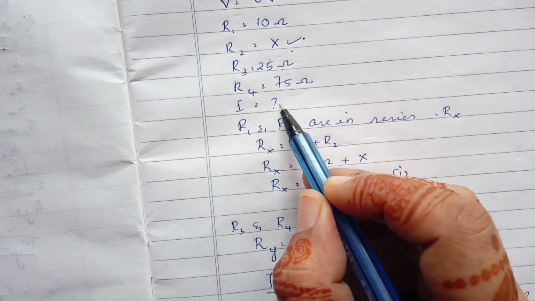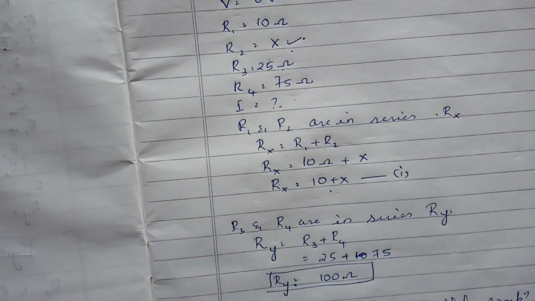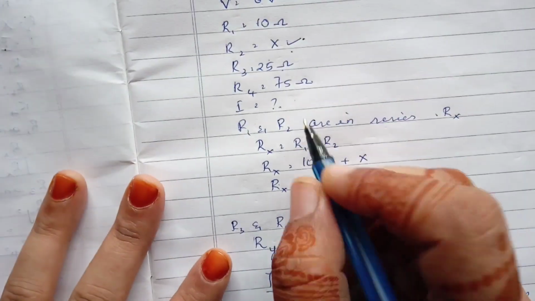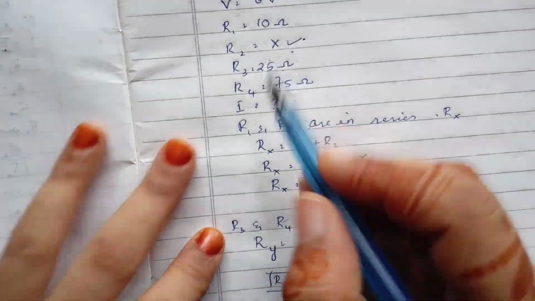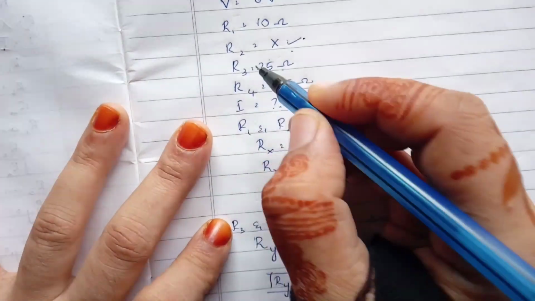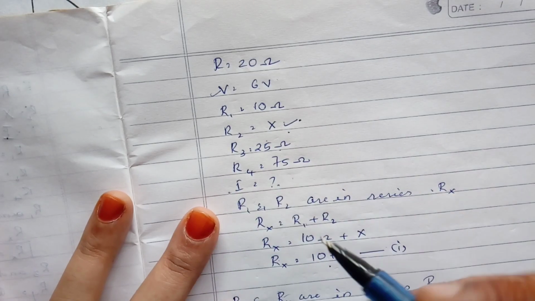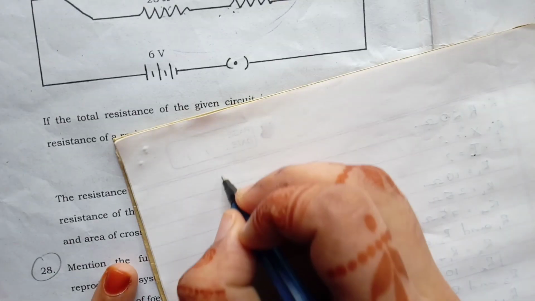Now we need to deal with the other one, that is I. Now see here, while deciding which formula to use, always see what you need to find and what availabilities you have. As I need to find I, the first formula which comes to my mind is Ohm's law, V is equal to IR, right? V is given to me, and I have the total resistance R here. So I'm just going to use that.